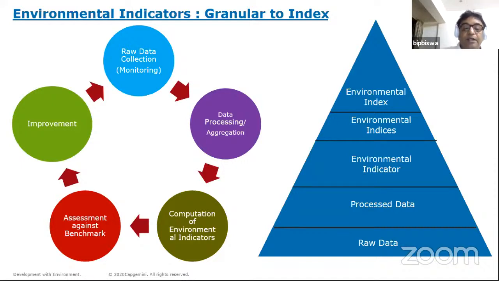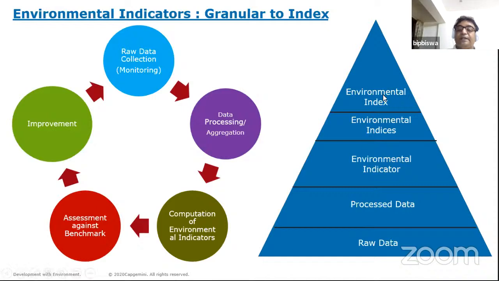and how many of such vehicles of different categories are running, and the type of raw material they're using, whether it is petrol or diesel or other forms of energy like battery-driven vehicles which are being run. So those will give us the total quantity of pollutants, and then when you do the environmental indicator calculation, that talks about what is the total amount of air pollutant being generated from a city, and then environmental indices which talk about the contribution of the air pollutant on the overall environment,